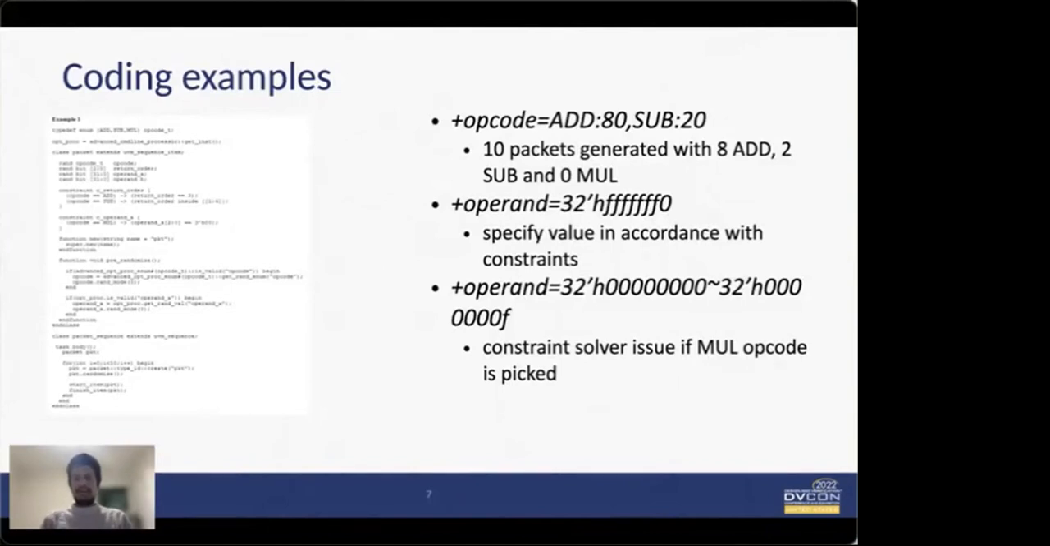Now, in the last example, the operand is given as 32'h000 all the way to F. Now there's a constraint which says that if opcode equals mul, then the operand cannot be that. This is where it gets a bit tricky, because the constraint solver will fail if a mul opcode is selected and one of the values randomized in the pre-randomize step happens to not have the bottom 3 bits equal to 0. So this is something every user needs to be aware of, that it has some limitations in this